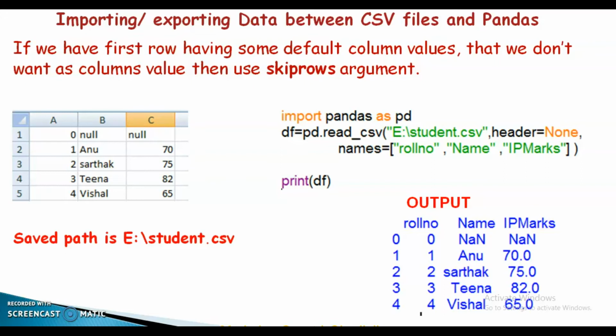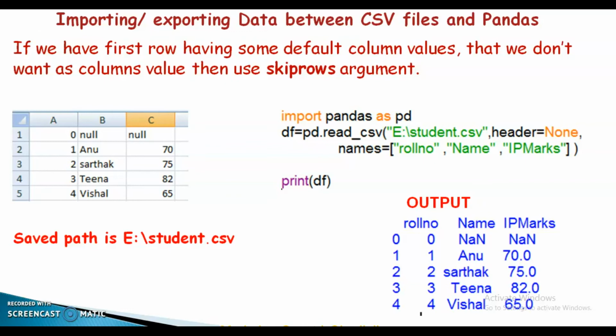Then we can use which one? The skiprows argument. Here in the student.csv you can see the first row is 0, null, null. We don't want that one. So we can use which argument? Skiprows argument.